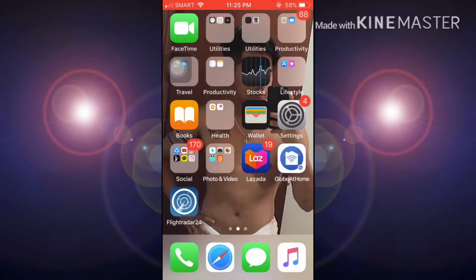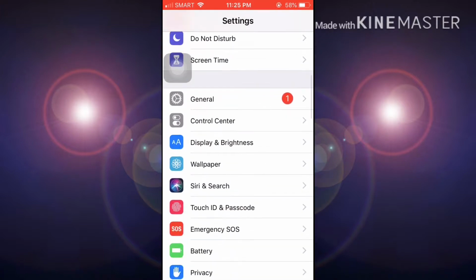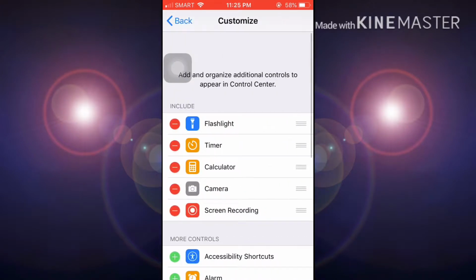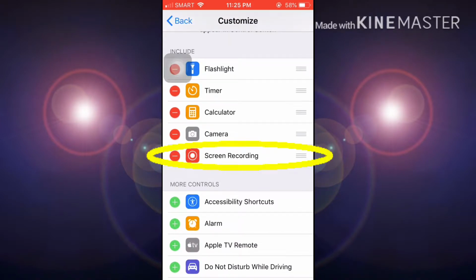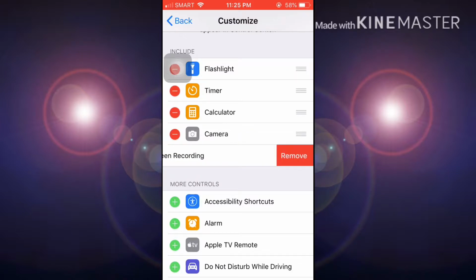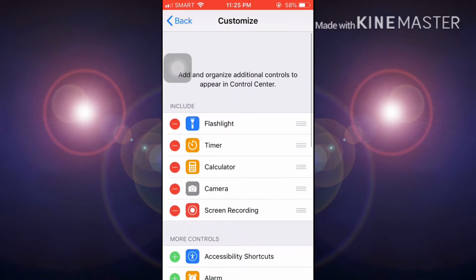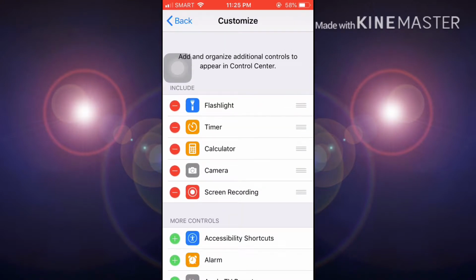So let's go. First step is go to your settings and then find the control center, customize controls, and then actually makikita nyo na may screen recording na ako dito, so I'm going to remove it. And then go down, then find the screen recording and then add it, tapos go back to app. So yun na, may screen recording na, and then go back to your settings,